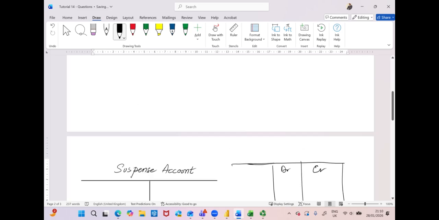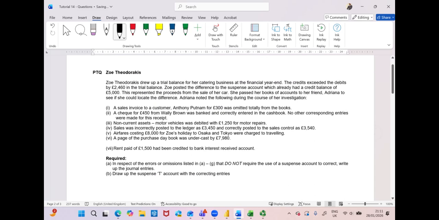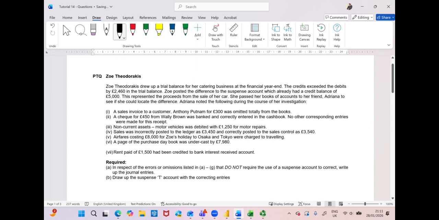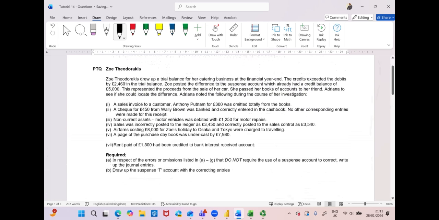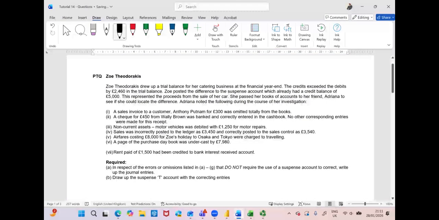Okay, let's have a look at this question. You can also take a picture of this question so that you can look at it on your mobile and follow along. But I will be scrolling the page up and down because I have to go through this question, and I'll highlight the information. Zoe drew a trial balance for her catering business at the financial year end. The credit exceeded the debit by